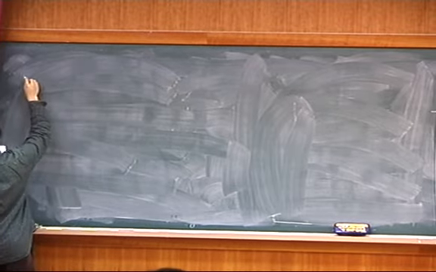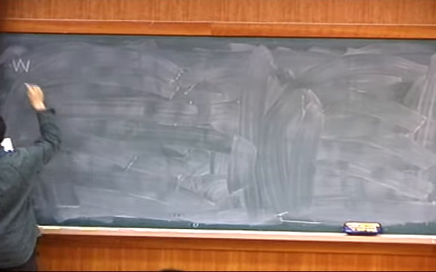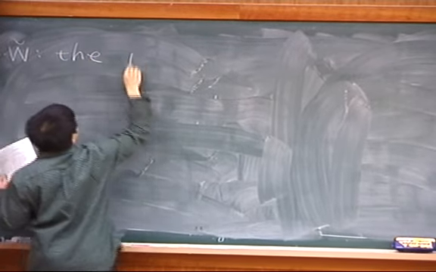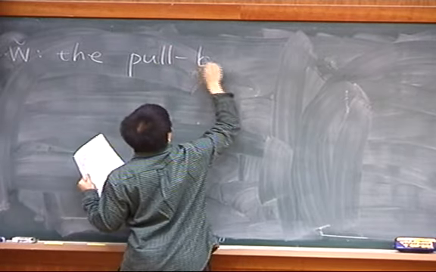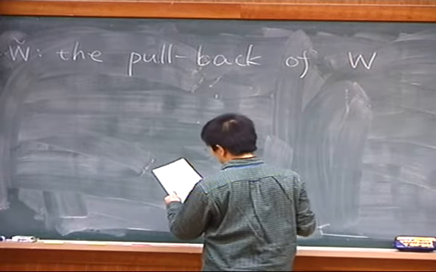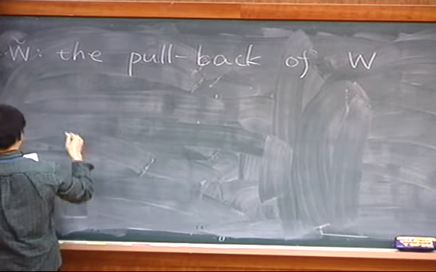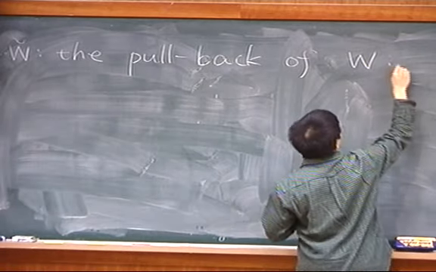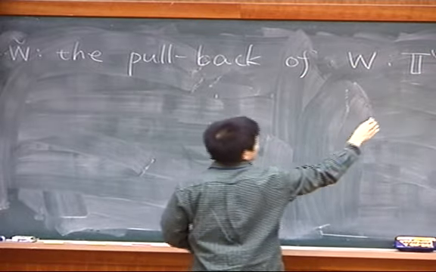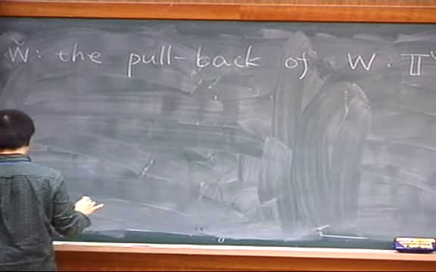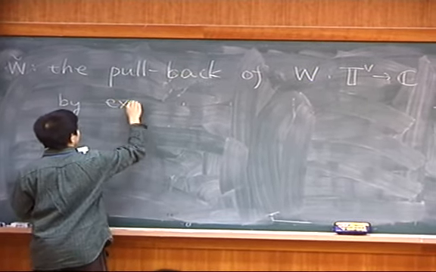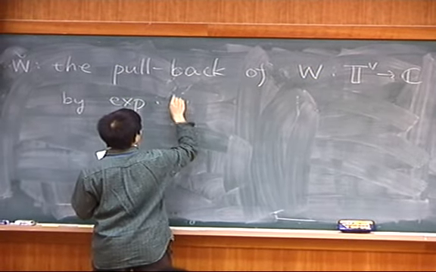So let W tilde be the pullback of W. W is a map from this torus, which is dual to the torus acting on the toric variety, to C, and by the exponential map from,